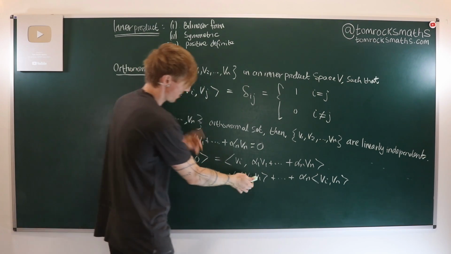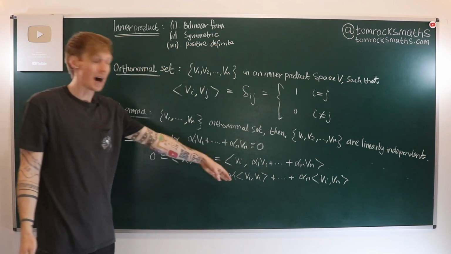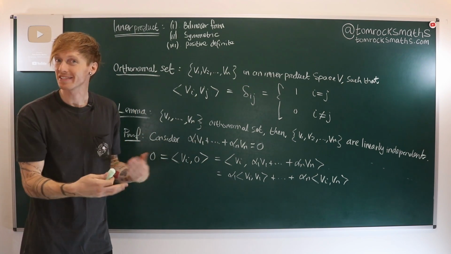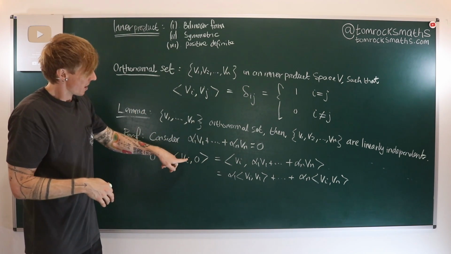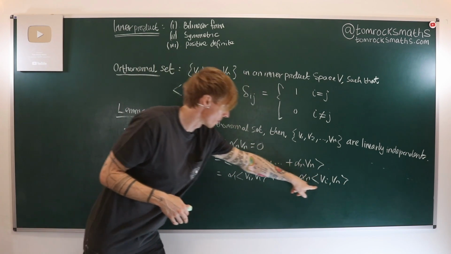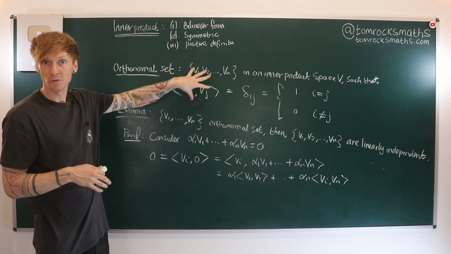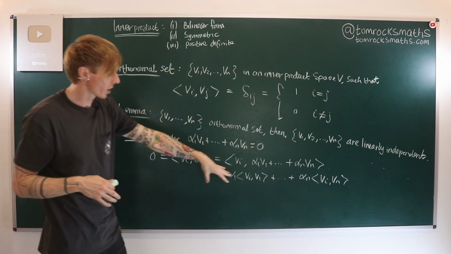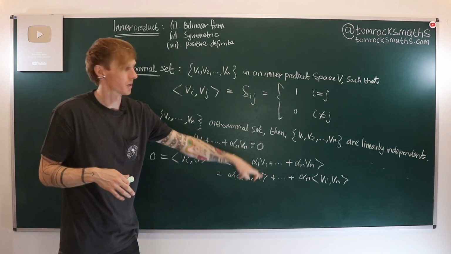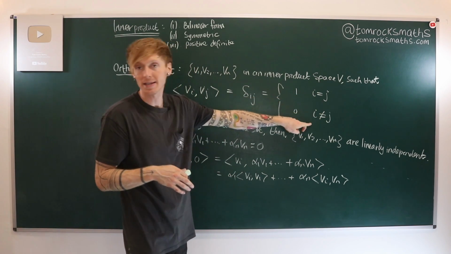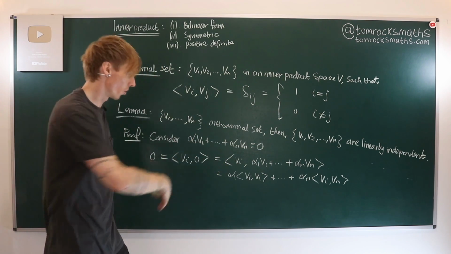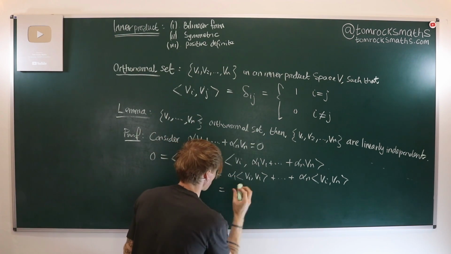Now down here we have various pairs. Now I is arbitrary. We could let I be 1 through to n, and that's kind of what we're going to do. But whatever value we have here, we know from this property of orthonormality that these are all going to be 0 unless I is the same as this number. So I and j have to be equal, otherwise we get 0. So we're just literally going to get vi. So all of these are 0 except